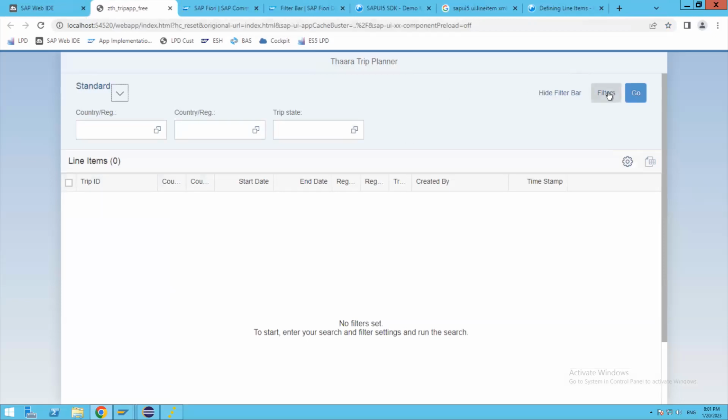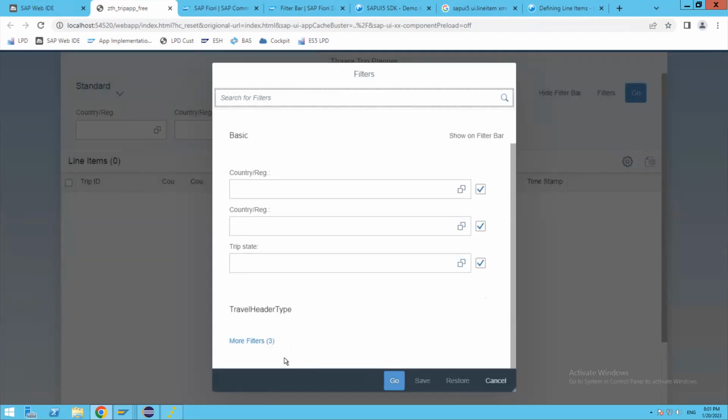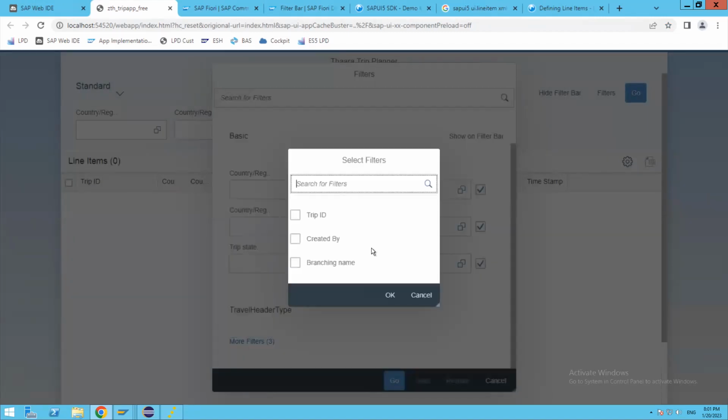If you go into the filters, those are available as non-selected filters here. So trip ID, created by, and so on; these descriptions you might need to change. But these filter fields are not placed on the smart filter bar by default, but the user has this facility to choose